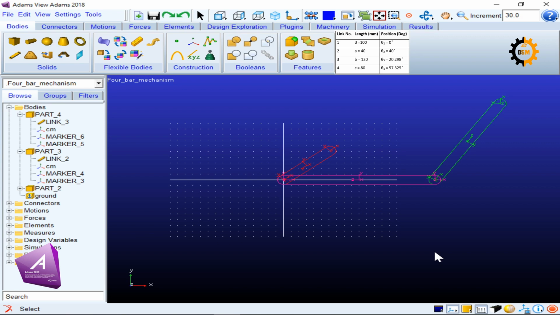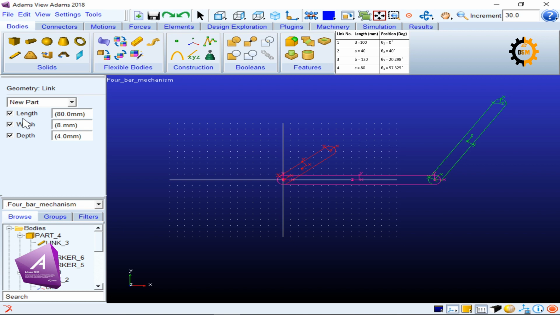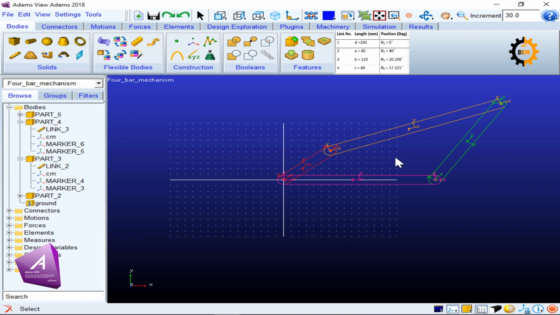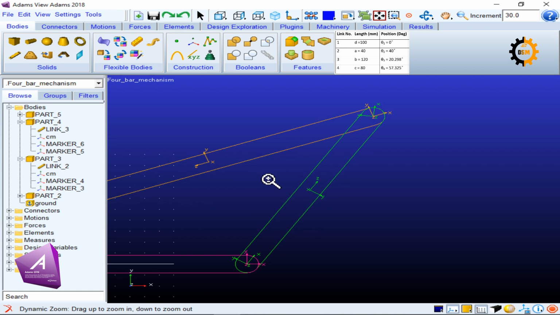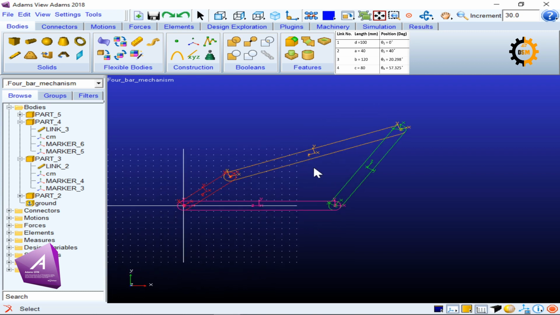All 3 links are positioned well. The fourth will automatically adjust its way so that it will be on the connection of these two. So I will draw the fourth one. The length of the fourth one, that is the link number 3 actually in numbering, is 120. So I put 120 here, and I start here and I finish here. Okay, so this is my link number 4, and I can see that my mechanism is complete. So this is how you can make a 4-bar mechanism